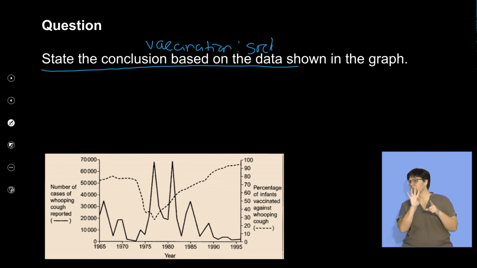When our vaccinations are down, if you have a look over here, what happens after that? Our cases increase. So what is our conclusion? What is it all about? Is there a relationship between vaccination and children getting sick? And it definitely is. The conclusion is the more